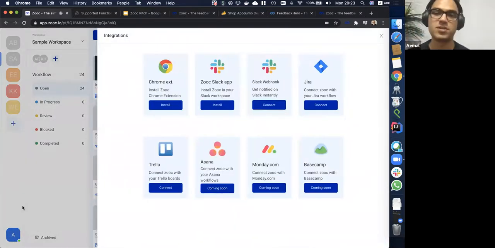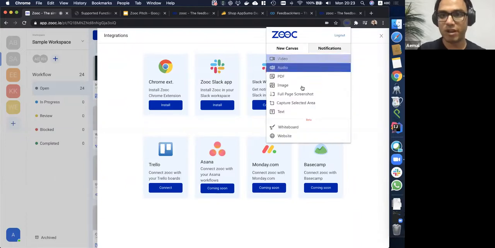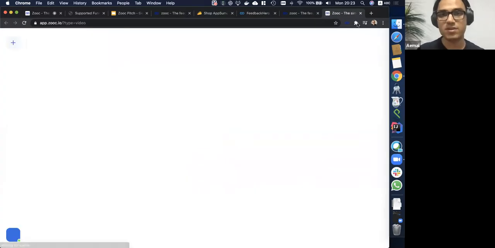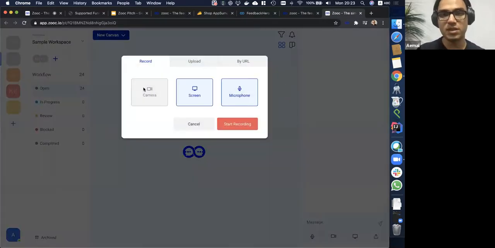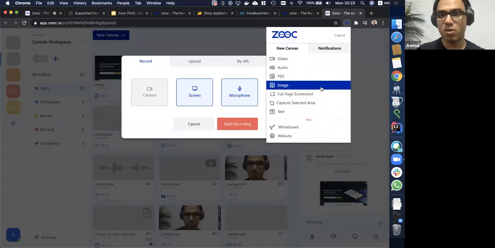Integrations. Okay, this is going to take a little bit of time. I'm going to be fast here because we are running out of time and I would like to give you guys some time for Q&A. So we have a Chrome extension which you can use to create one of those canvases that we saw right away from any page, from any canvas. So it jumps over and then opens that dialog. Or you can do,